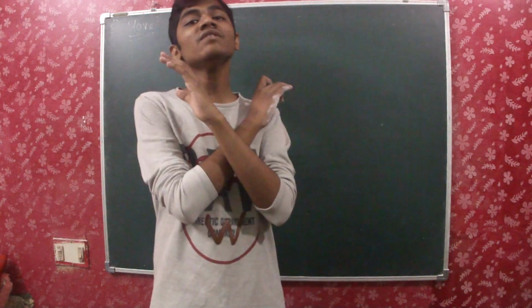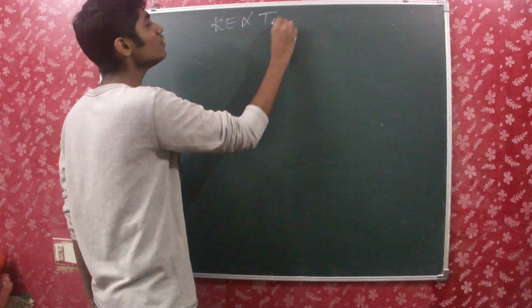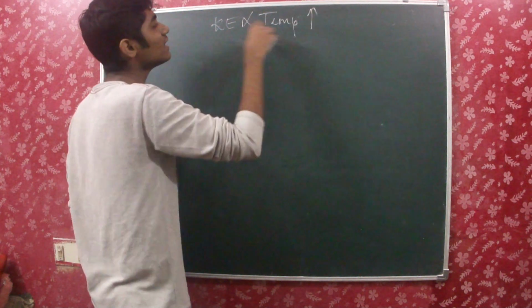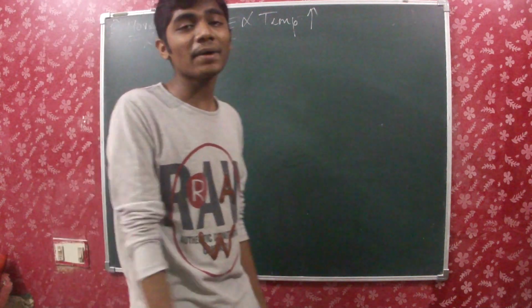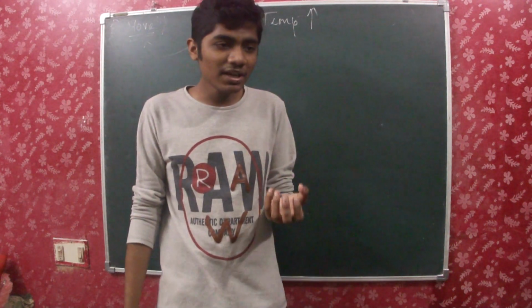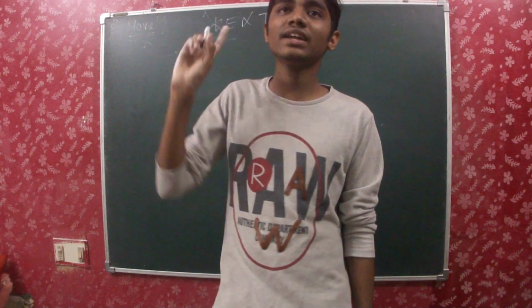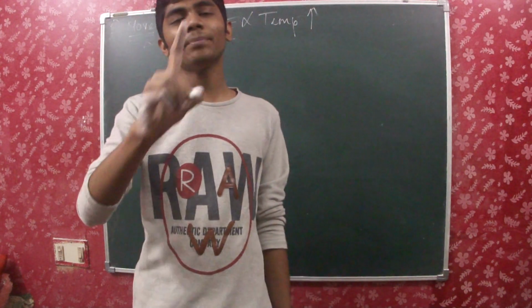So here also, on increasing the temperature of something, the kinetic energy will be increasing a lot. What does that mean? The particles will be moving very fast here and there. So kinetic energy is directly proportional to temperature, which means if I am increasing the temperature, the kinetic energy will also increase, which also increases the movement of the particles in the matter. So when I am increasing the temperature, the kinetic energy increases, so the particles start moving here and there much faster. This is very, very important. So kinetic energy is directly proportional to temperature.